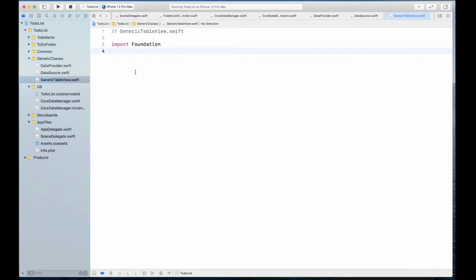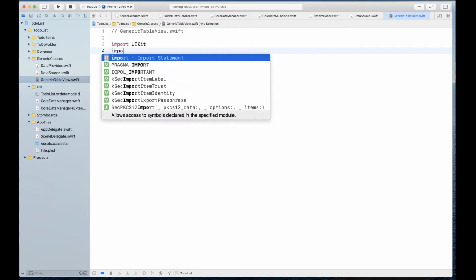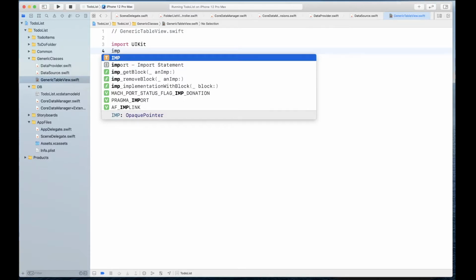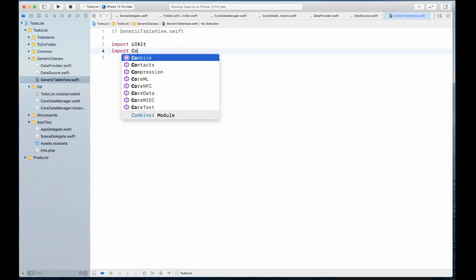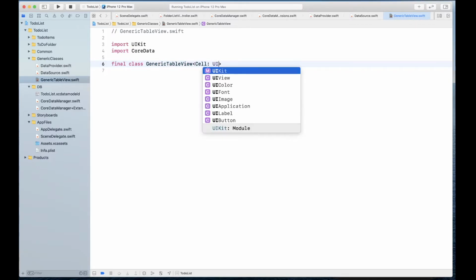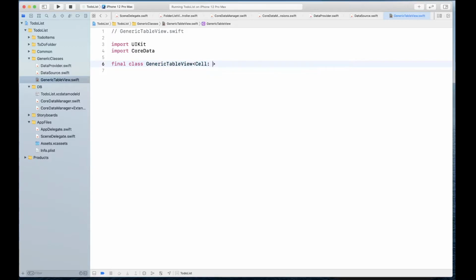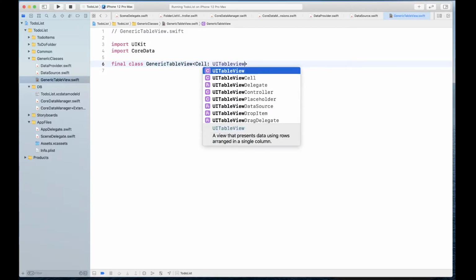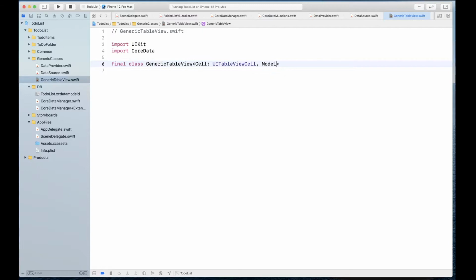Okay, and we will be importing UIKit, and we will need to import Core Data. Okay, now I'm going to create final class GenericTableView. Now this is going to be expecting a cell once again, UITableViewCell, and a model